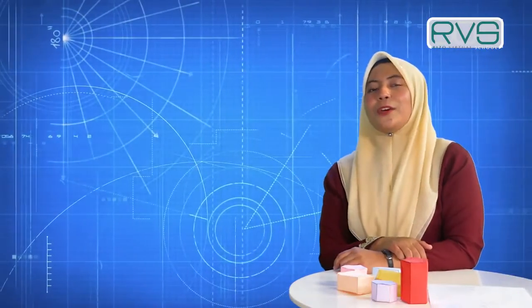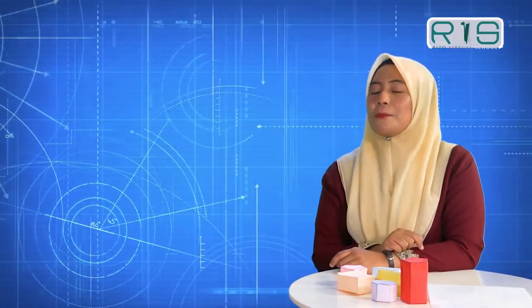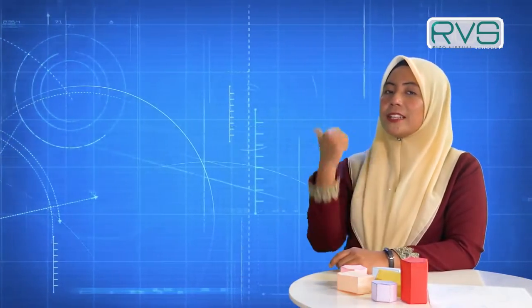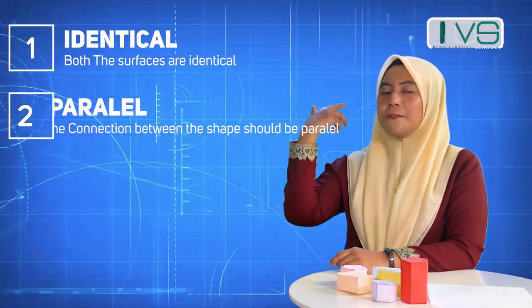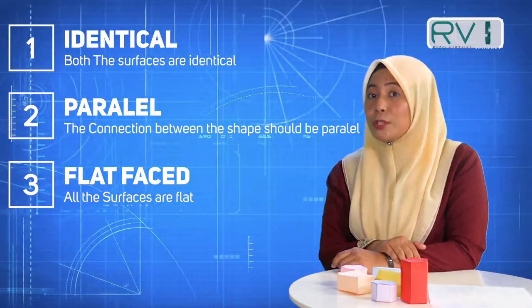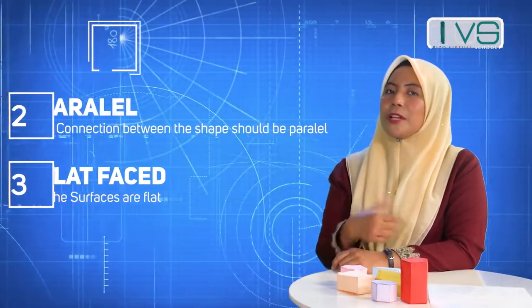So I hope you remember what we learned today, which is the keywords of the prism. How many do we have? 3. So remember: identical, parallel, and a flat face. And the 5 types of prism that I told you before. So remember, and use this one for the